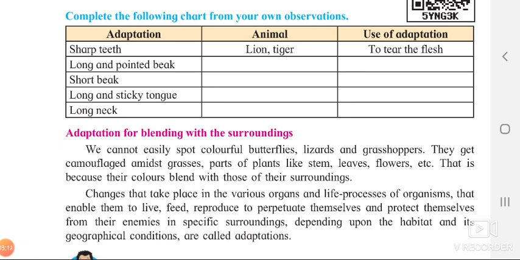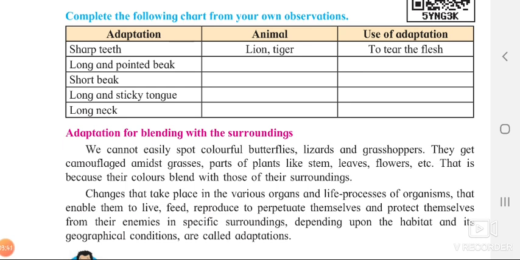Camouflage means you know the uniform or the clothes which the soldiers wear. Yes, they have been prepared in such a way that they can be adjusted in the surrounding. It consists of green color, equally it consists of the color of the mud, so that the enemy cannot find out the soldier, the enemy cannot attack us. So that is called camouflage.